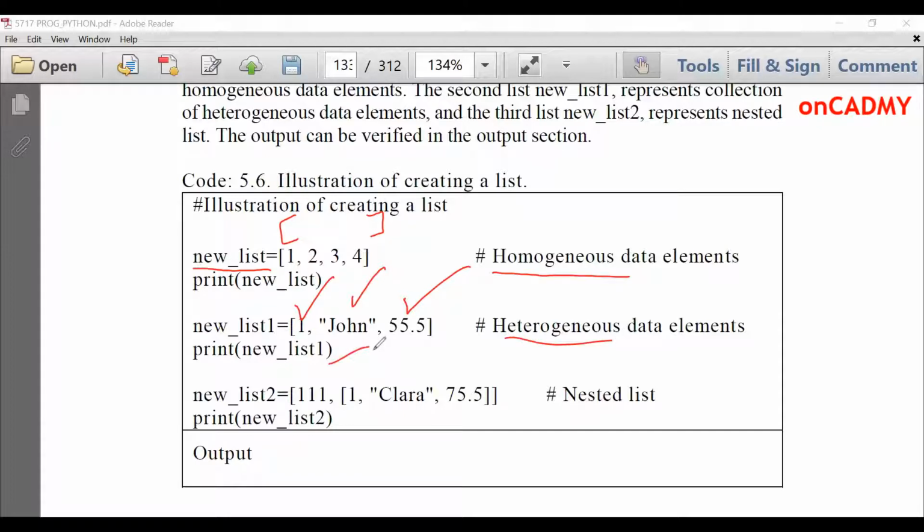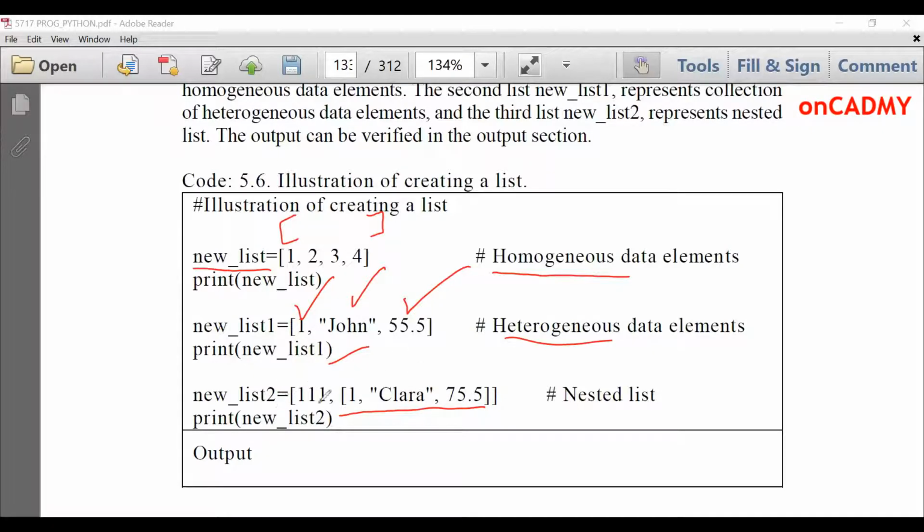And now we have created a third list, new list 2, with 2 elements, 111, and further there is a list inside a list. You can see there is again a set of square brackets in which we have declared 3 variables, 1, Clara, and 75.5. It is a heterogeneous kind of list. So this is a list inside the list.